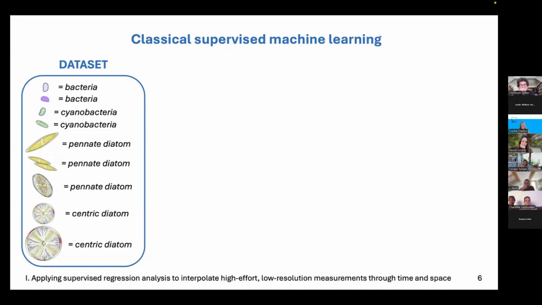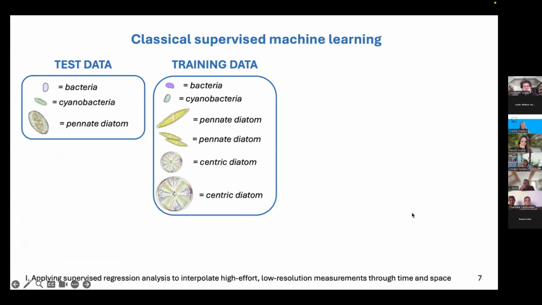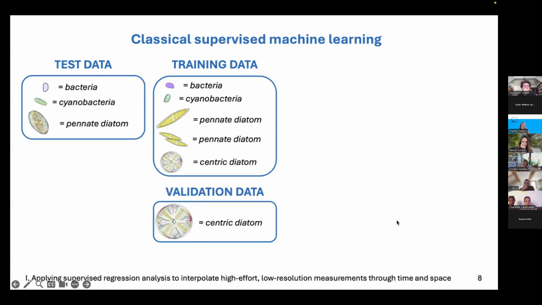This approach can be classification-based if we're working with categorical data, or regression-based if we're working with continuous data. Very briefly, we'll typically start by reserving some of our data from training, which we'll use to test the model later. We then will generally split off a subset of the training data for validation. The remainder is used to train a model. Now, there are a lot of different types of algorithms we can use here. I'm not going to go into any specifics.